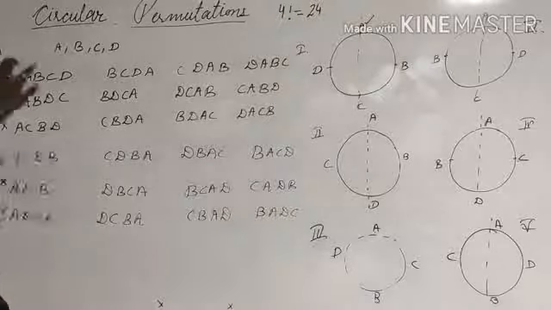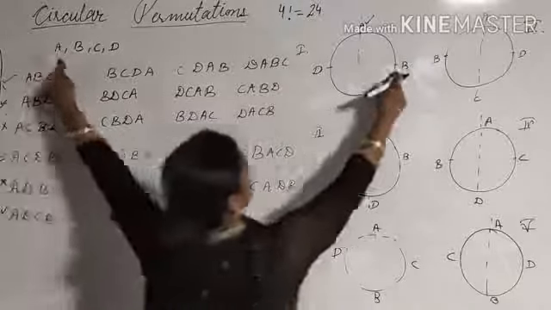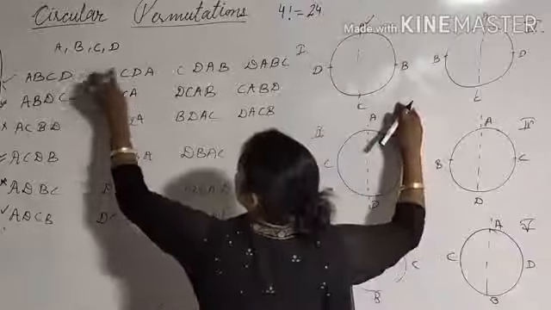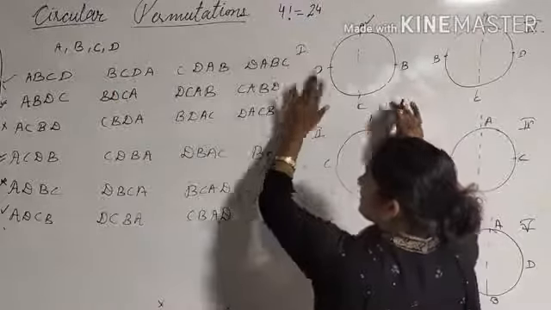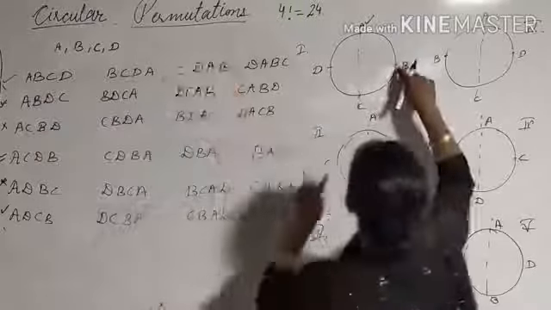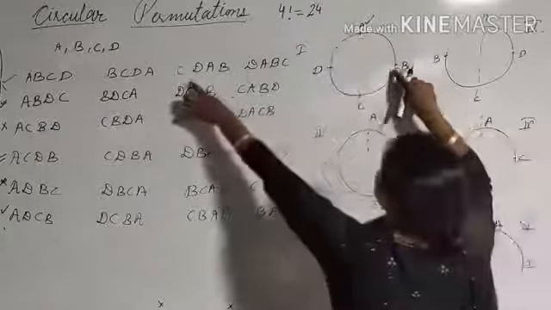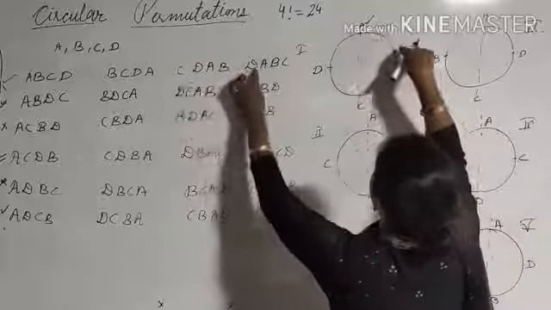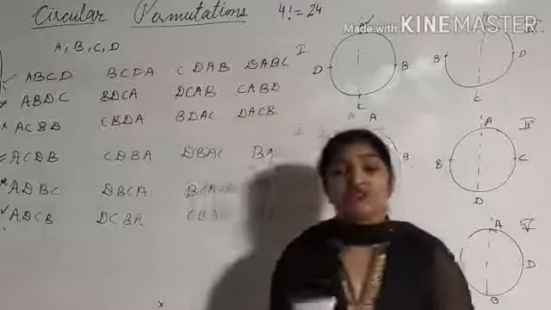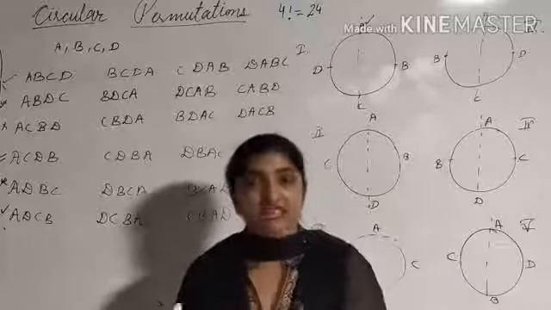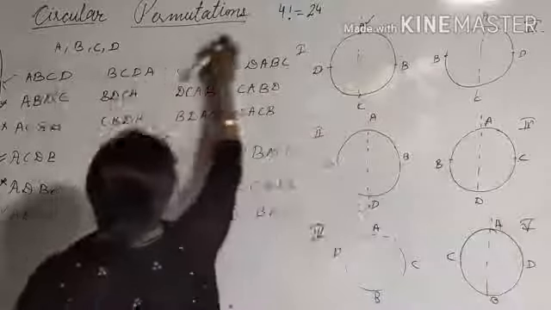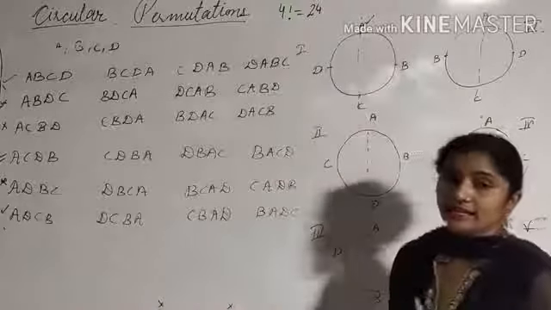See, if I arrange A, then B, then C, then D on a circle, right? Then see each of the 4 arrangements in each line. The first line: A, B, C, D, then B, C, D, A, then third, C, D, A, B, and D, A, B, C. So all of these 4 arrangements which were different in linear arrangement give rise to the same circular arrangement. That is, these 4 arrangements will give only one circular arrangement.